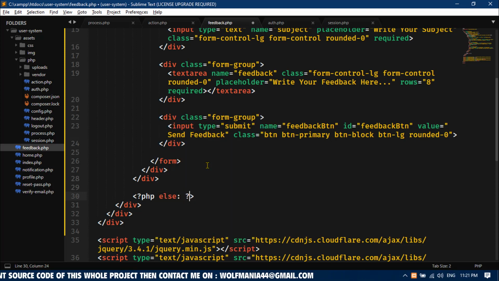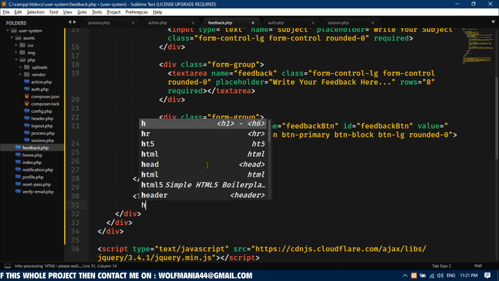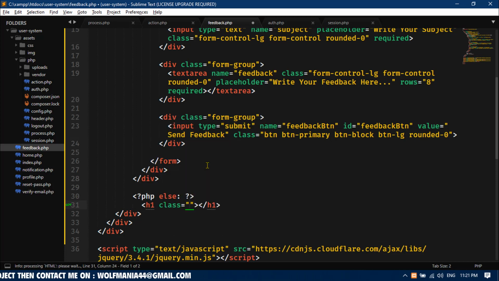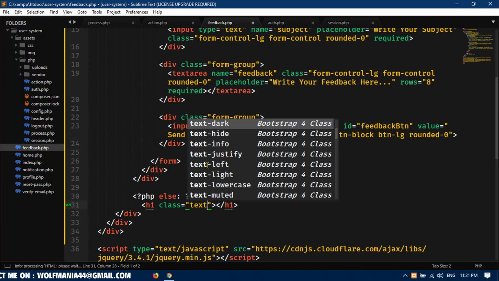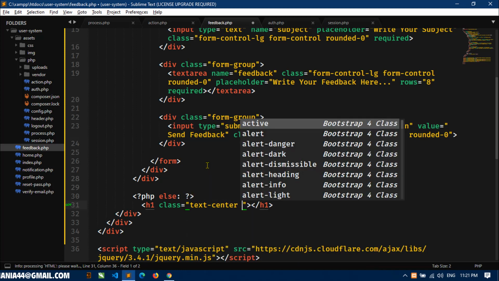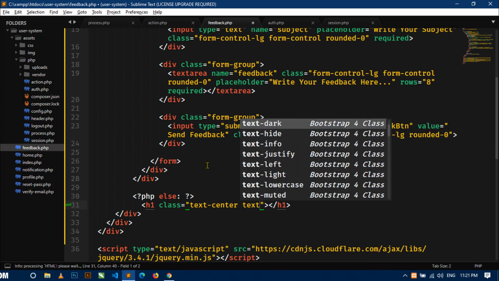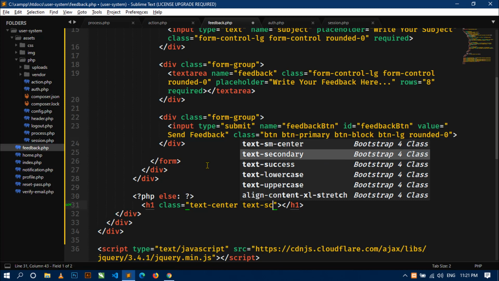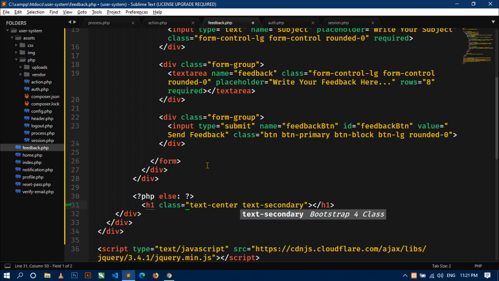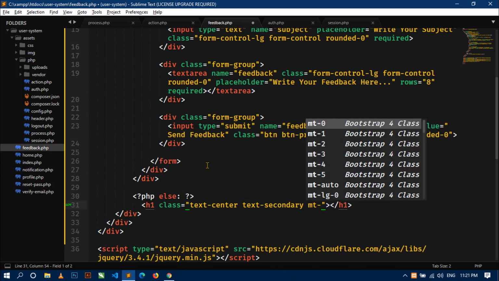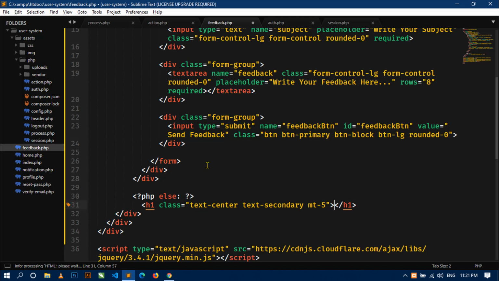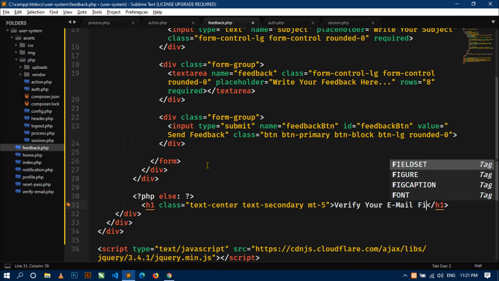Okay, else, then here I will use h1 with class text center and text secondary and margin top 5. Okay, and here I will write verify your email first